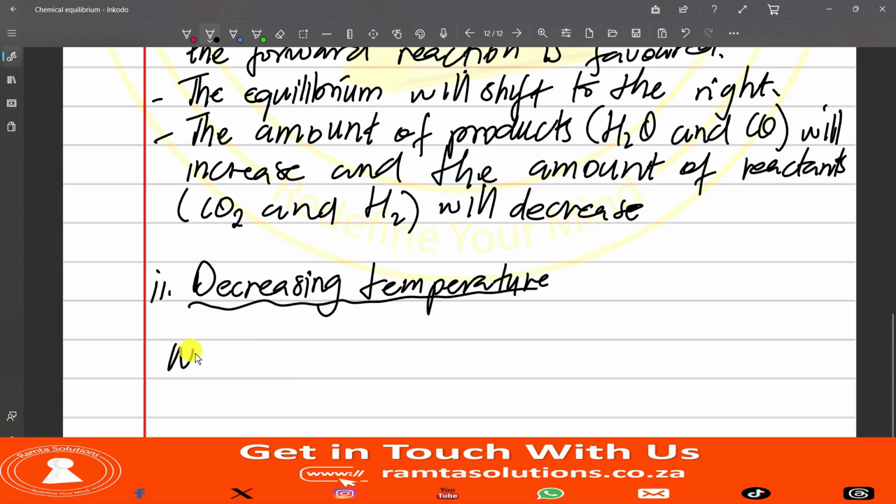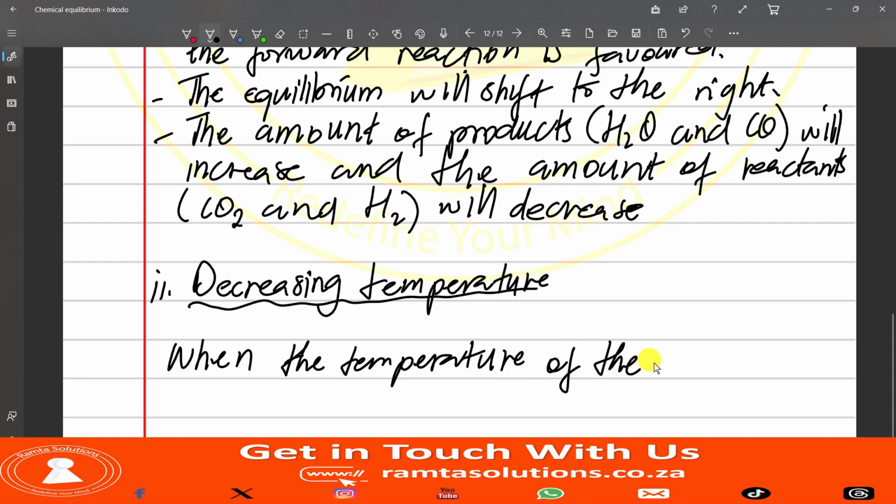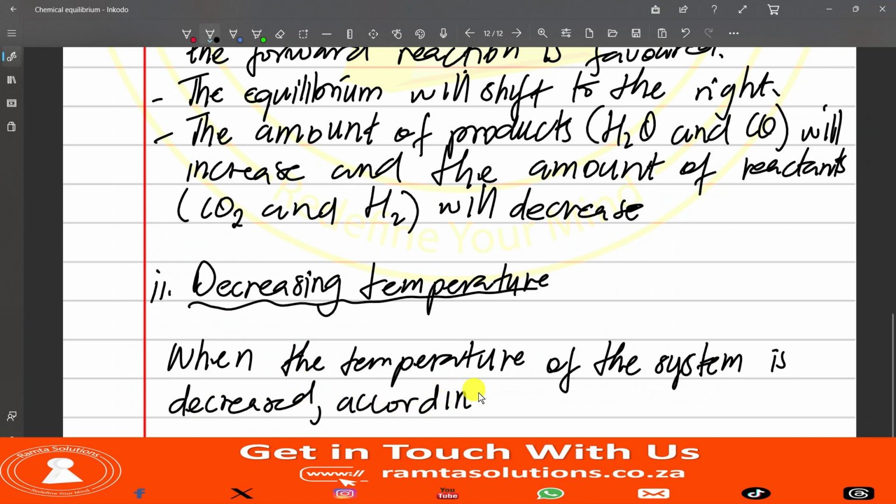Again, using Le Chatelier's principle, when the temperature of the system is decreased, so you guys are seeing that we are basically saying one and the same thing over and over. When the temperature of the system is decreased, according to Le Chatelier's principle,